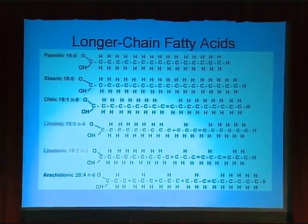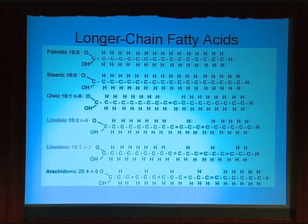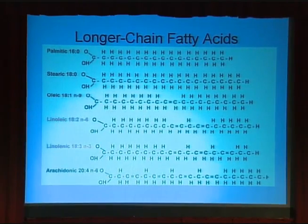We call the fat molecule a fatty acid, and that's a confusing term for people because when you think of an acid, you think of vinegar or lemon juice. But because of this carboxyl group on the end, it is technically an acid, but it does not behave like lemon juice or vinegar. So they're called fatty acids. That's the technical term for a fat molecule. So palmitic acid is a saturated fat,